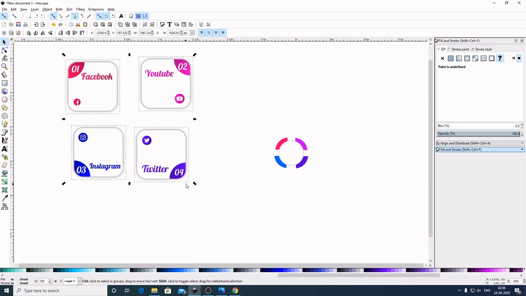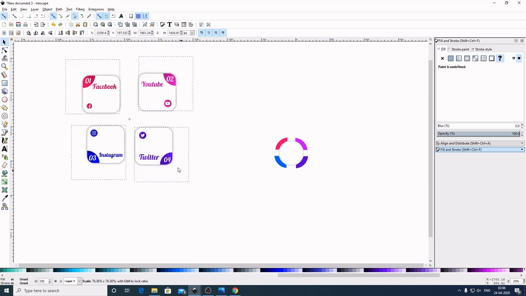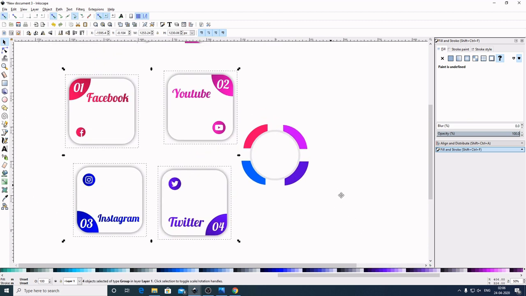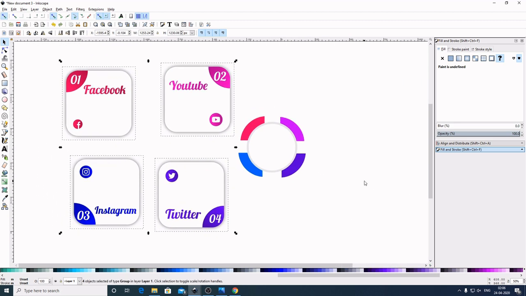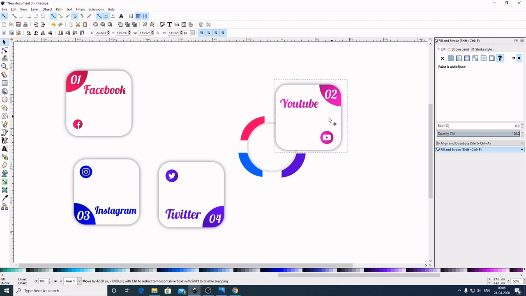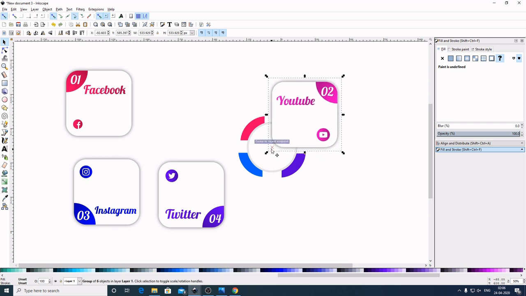Now I will grab over this whole graphic. Now by holding Ctrl and Shift in the keyboard, I will drag this inward to make it smaller. Place it here. Now I will zoom in. This much is better. Now select out of the graphic to deselect. Now I will select this one. Place it here. As we have enabled this snap centers of object, as we bring this object here, it will automatically get snapped to the midpoint.